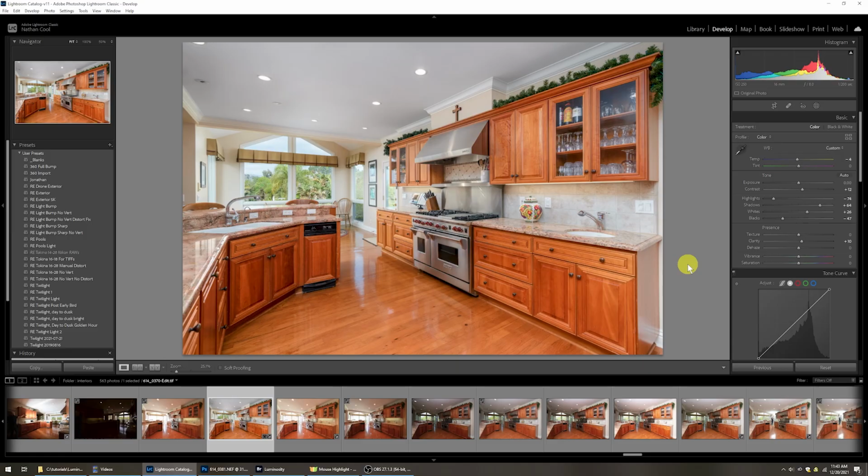But without further ado, let's dive into some of the science and then real world application, how to prevent this from happening, what to do then when also you're faced with it in post-processing. Let's get started. So this is the real world example that I'm going to go through,